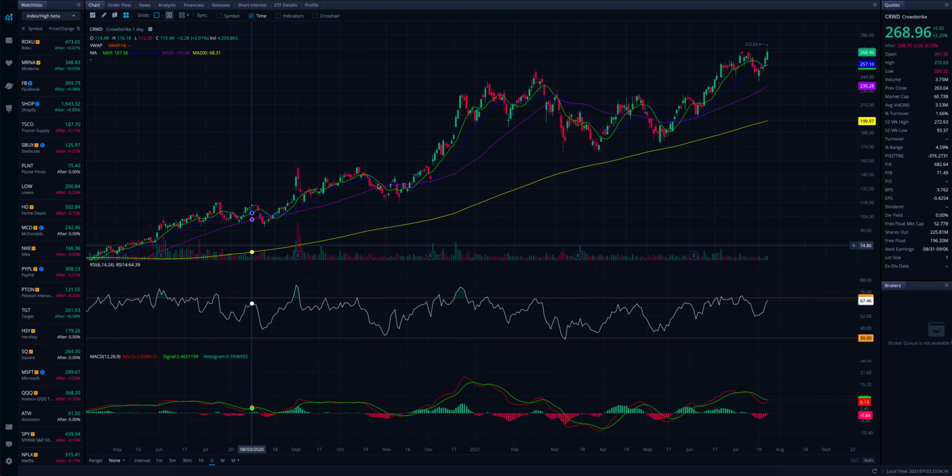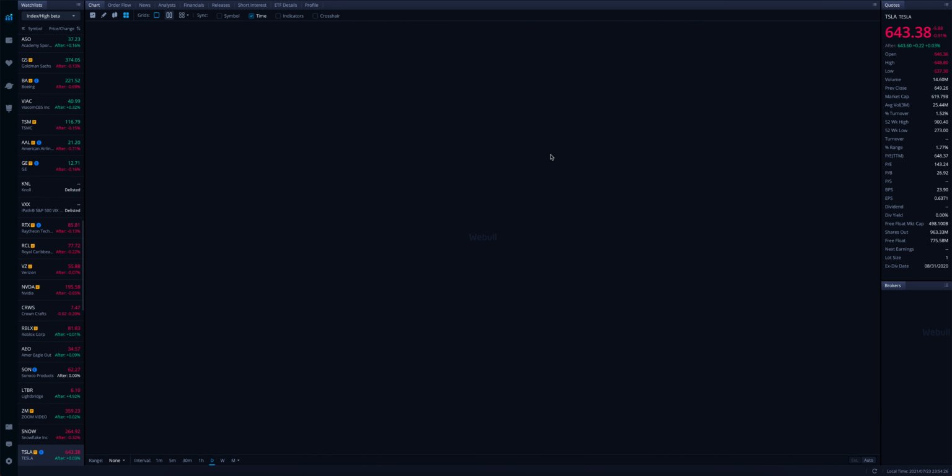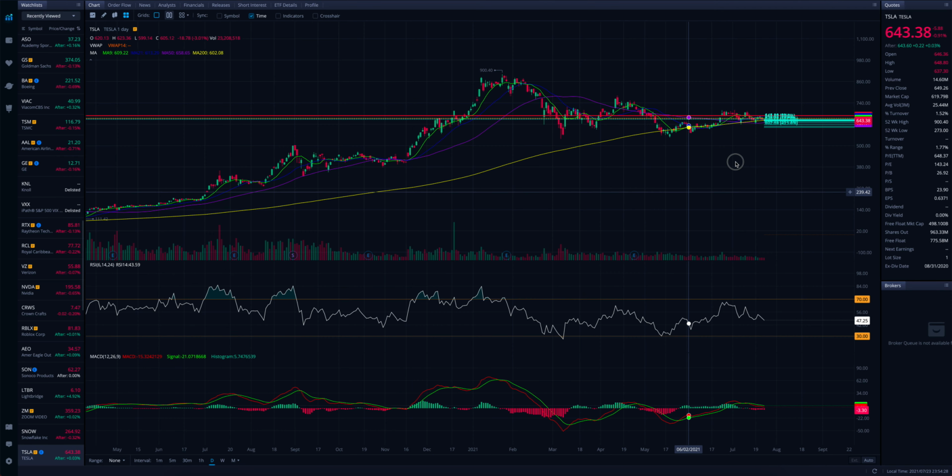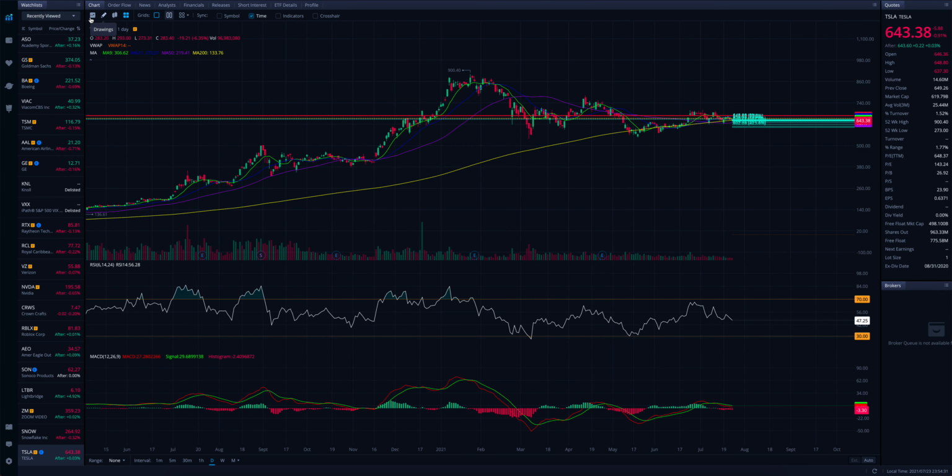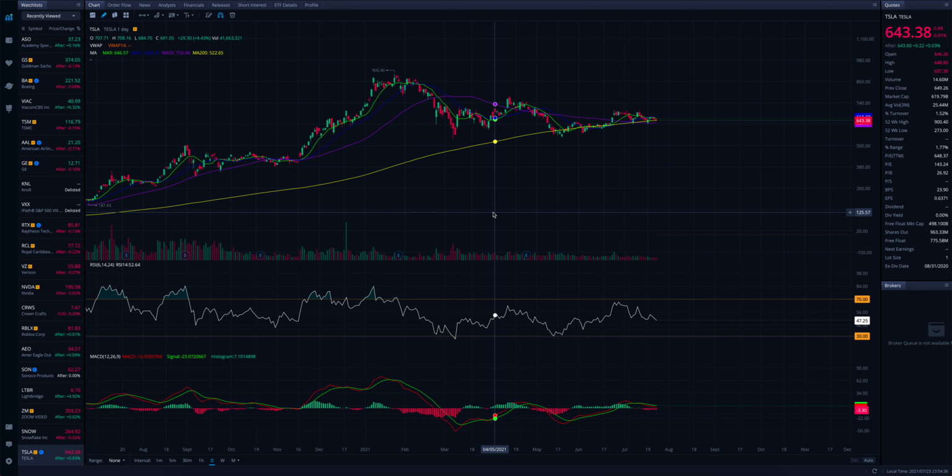But this is how my chart is set up. Like I said, I like Webull because everything is in one spot. So say I find a new stock, all I have to do is pull up the chart and type in anything I want to type in. We'll use Tesla for example. Tesla will come up. Let me get rid of all this. So Tesla will pop up, and like I said, in order to get all the news you wanted,